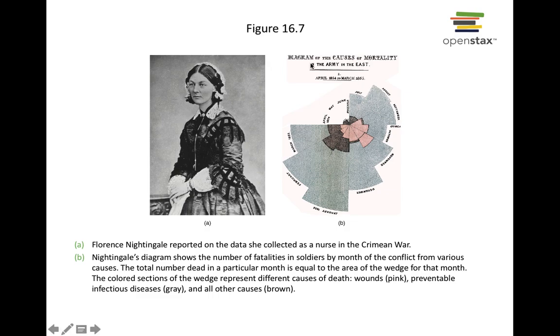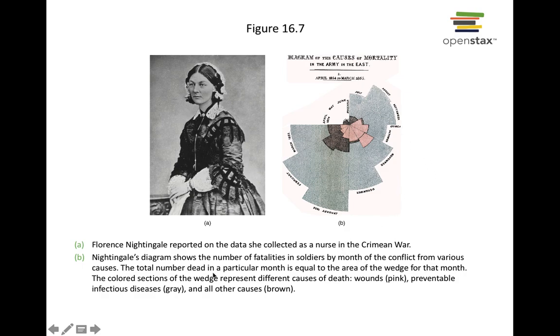And then another really important person involved in epidemiology was Florence Nightingale. And again, I do believe she was a contemporary of John Snow. And she went to try to help the British soldiers fighting in the Crimean War, and she was absolutely horrified because when she got there, the wounded soldiers, the sick soldiers, were just living in filth. Their nutrition was horrible. The conditions of the military hospital were just absolutely filthy, and so she was really good, you guys. She tried to collect data on the number of fatalities in the soldiers